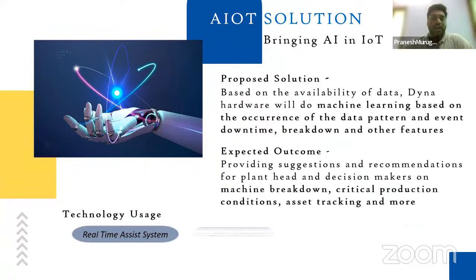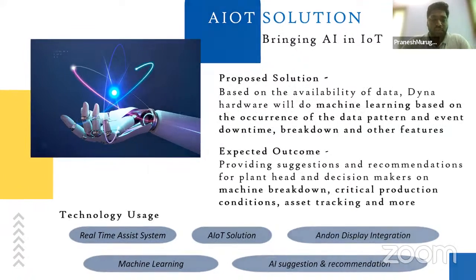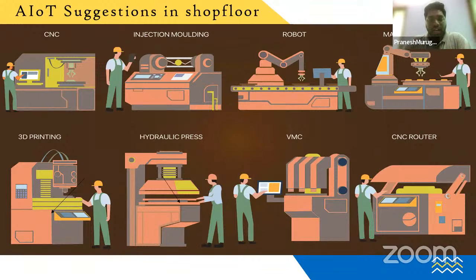So I'll just show you how this AI is bringing effectiveness in the shop floor. For example, these are the shop floor and these are the machines in the shop floor. Right now you can see the breakdown prediction of the particular machine and equipment. Our AI system will let you know that this machine is going to shut down in a week or in 10 days because of the frequent occurrence of a particular motor issue, pump issue, or energy issue. So based on the occurrence of the